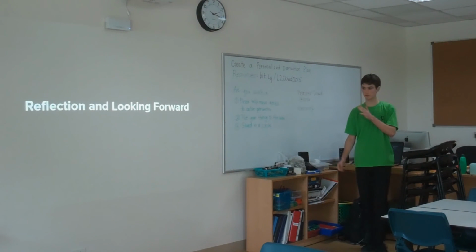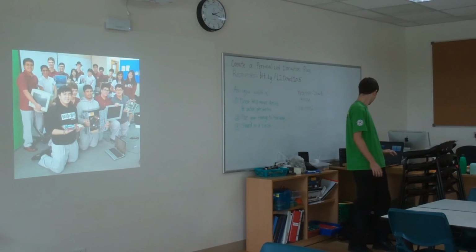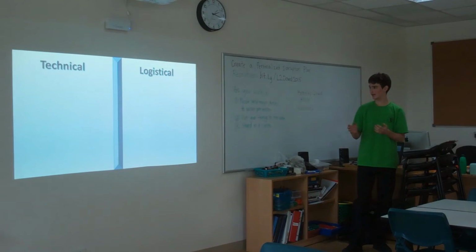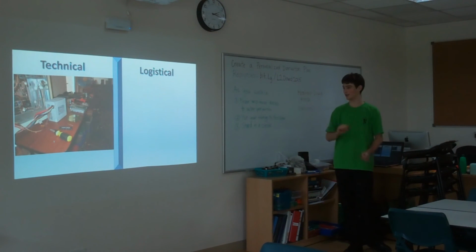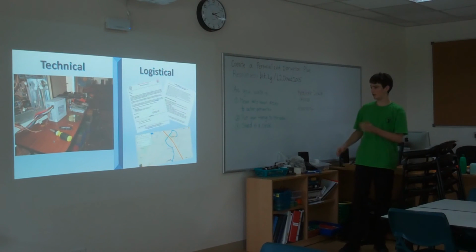So, as we begin to find another school, I've been thinking more about how Tech for Teaching came about and has been working. Oh yes, those are the 9 computers that we're getting ready to put in classrooms. Reflecting, I've noticed there's kind of 2 sides to Tech for Teaching. The technical side and the logistical side. The technical side comprises all this fun stuff with gutting computers and replacing power supplies and tinkering with stuff and accidentally blowing them up, with the logistical side being more of coordinating between principals,